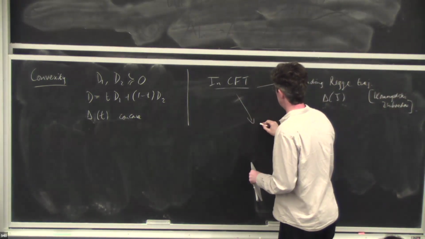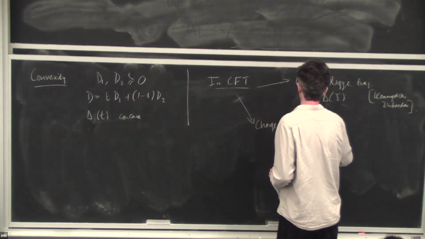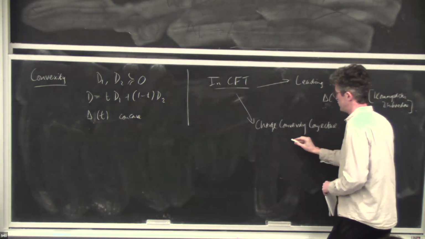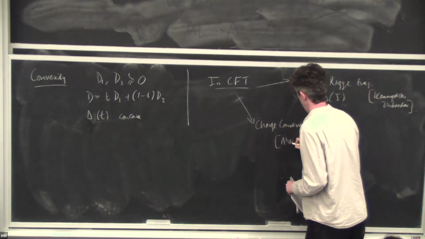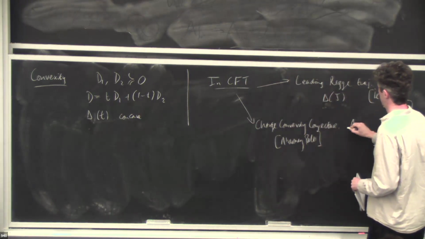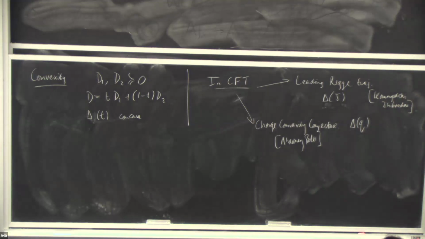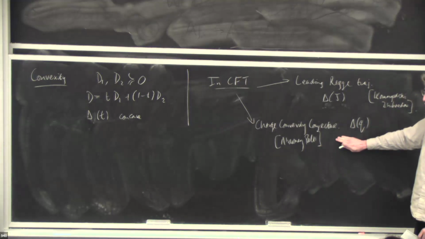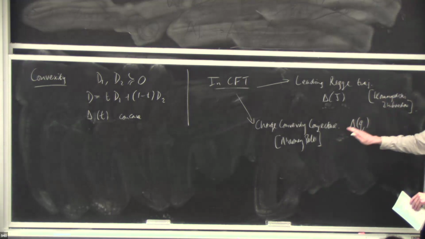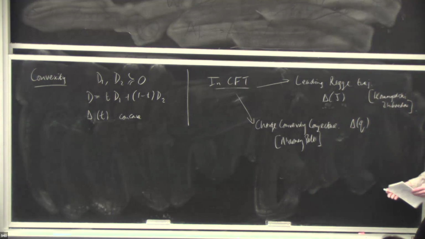And another example is the charge convexity conjecture. This is due to Aharony and Palti. The claim here is that the lowest operator with a given charge under a global symmetry of the CFT will be a concave function of charge. I think this is believed to be true in some sense. Perhaps there are some exceptions that have been found, but at large charge, at least, this is expected to be true. So this statement fits in quite naturally with the things we already know.